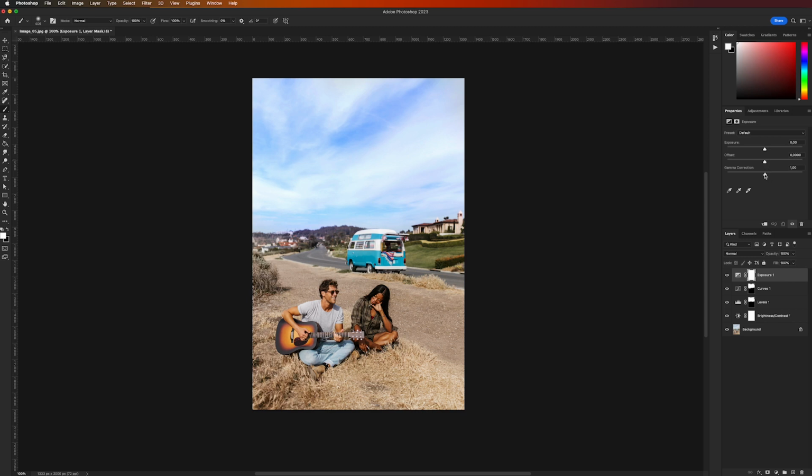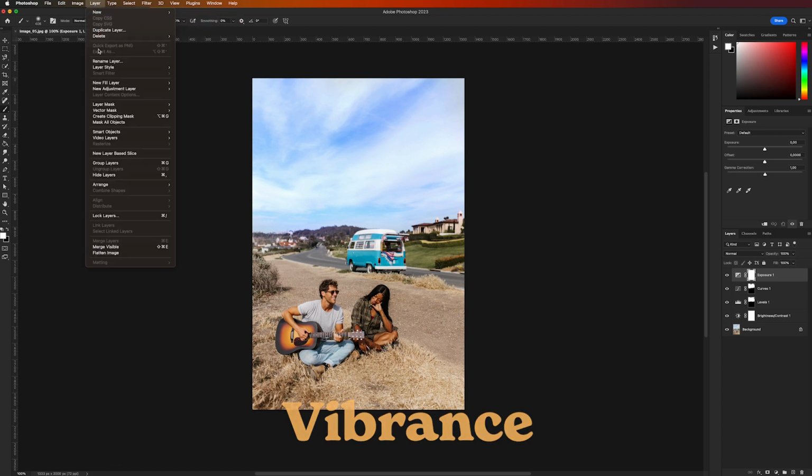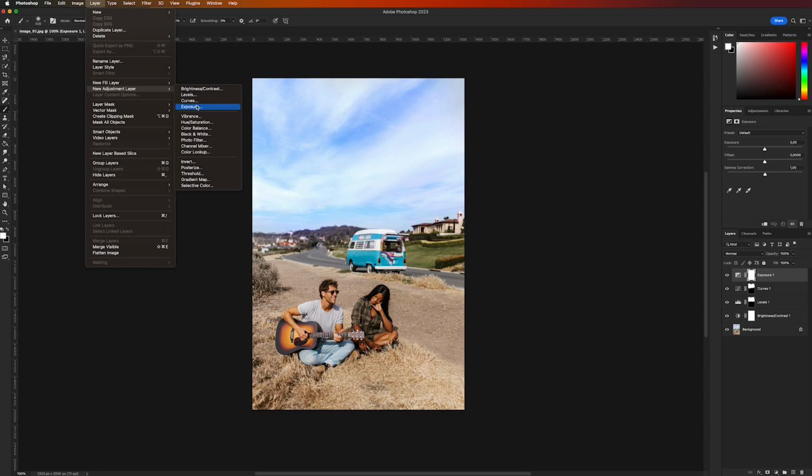The gamma slider has the greatest effect over the midtone range of your image. In this slider, to darken the image, you need to slide it to the right and vice versa to lighten it. Alright, next up we're gonna dive into the layers and go down to create a new adjustment layer for